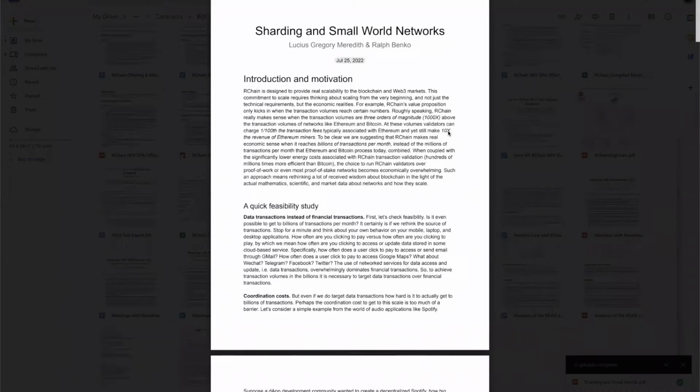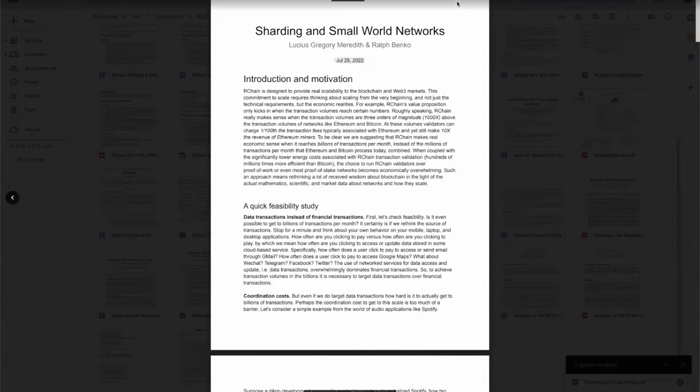The way to do that is to understand how networks are structured and how they evolve. Once you understand how networks are structured and how they develop over time, and you ground that in the math and the science, then you can understand why our chain has the architecture that it does, and that we actually have a go-to-market strategy that is